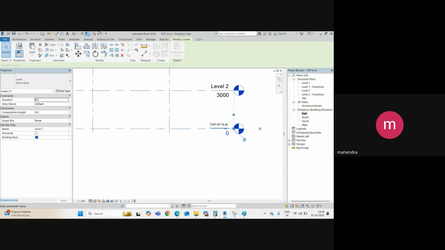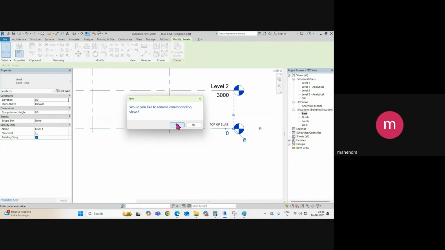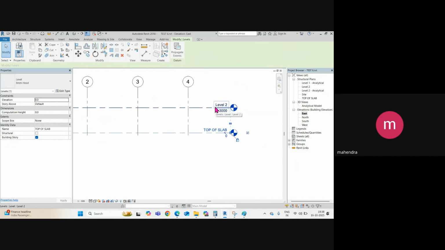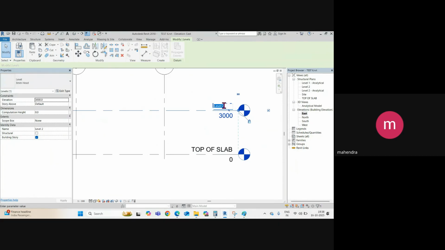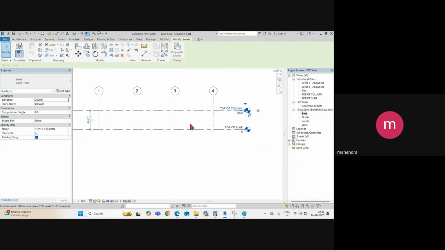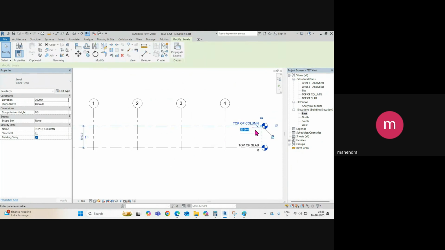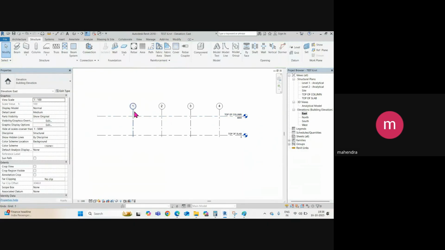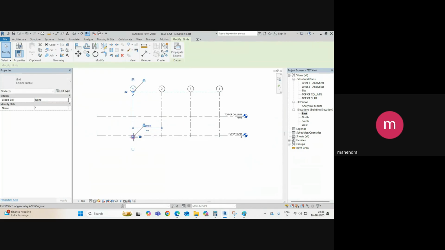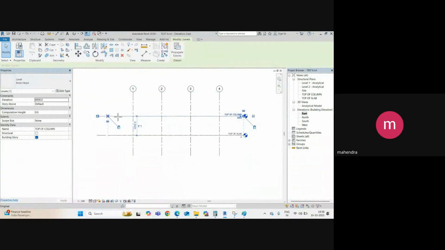I will add top of slab, 0 level, and say yes. And you can say this is my top of column, concrete column, sorry, steel column. Just say 4 meters. Okay, right? And if I extend this, it looks like